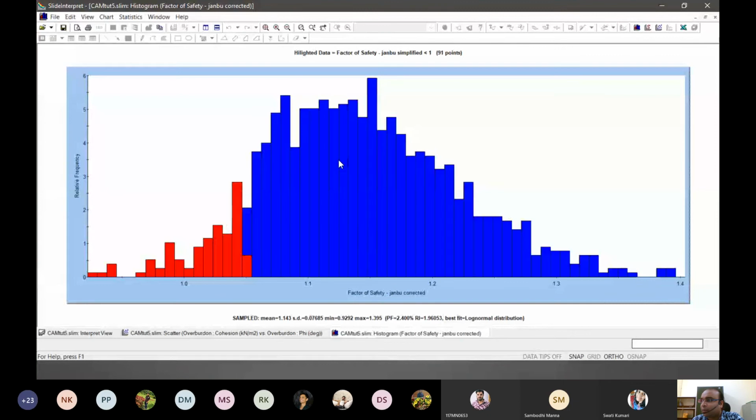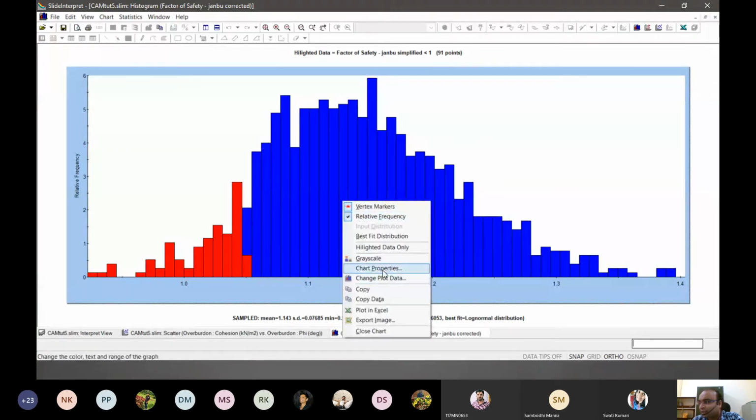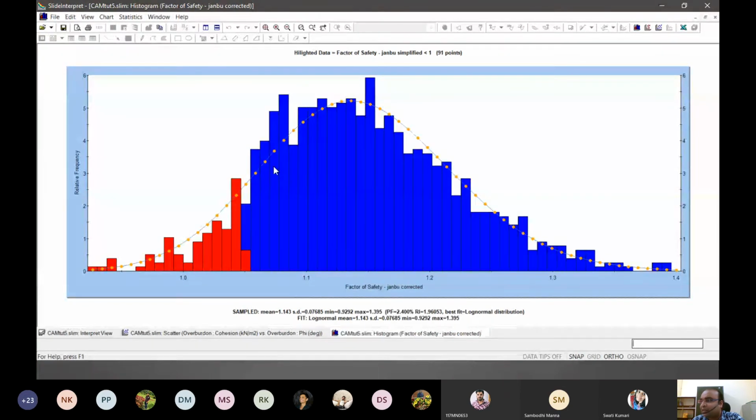You see how a larger number of values are towards the mean, and a lower number of values are towards the edges. And if we put a best fit curve, we can see that even the standard deviation, I think the factor of safety of 1 has actually moved to the next standard deviation. Let's see the reliability.